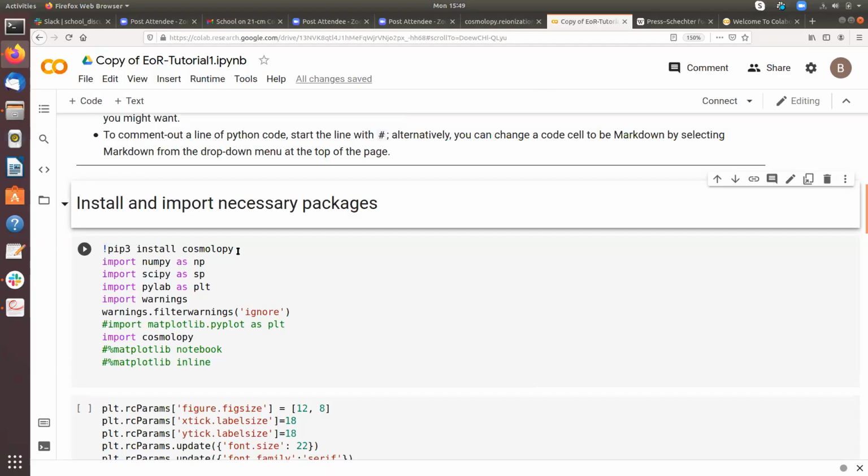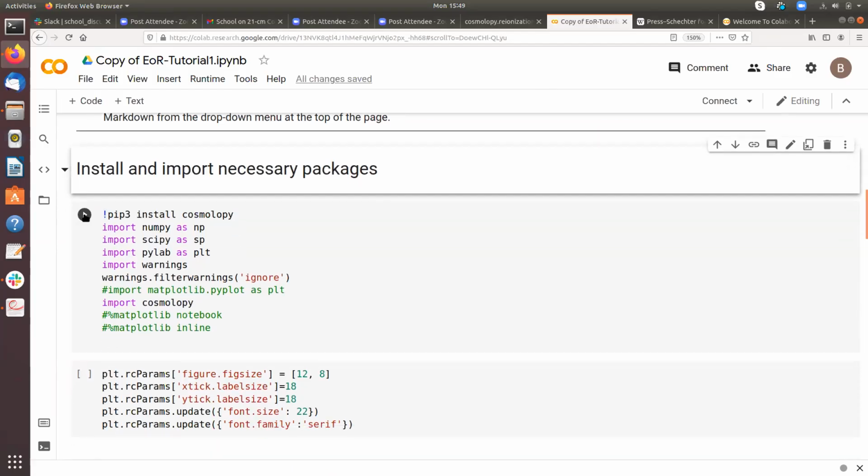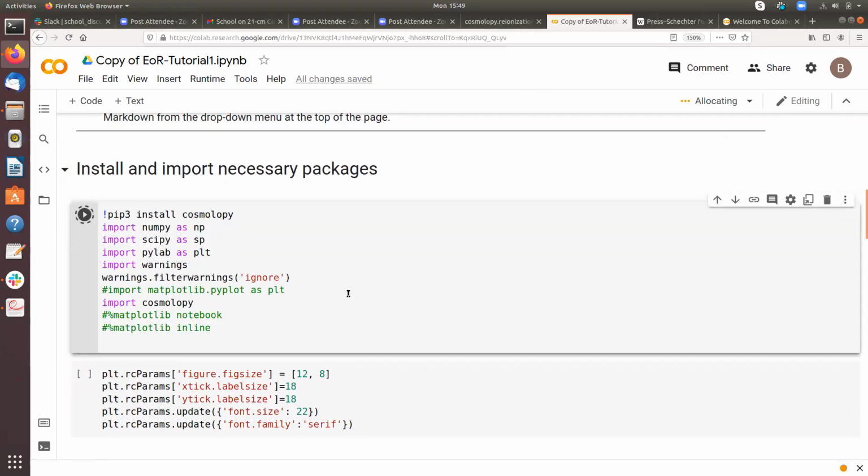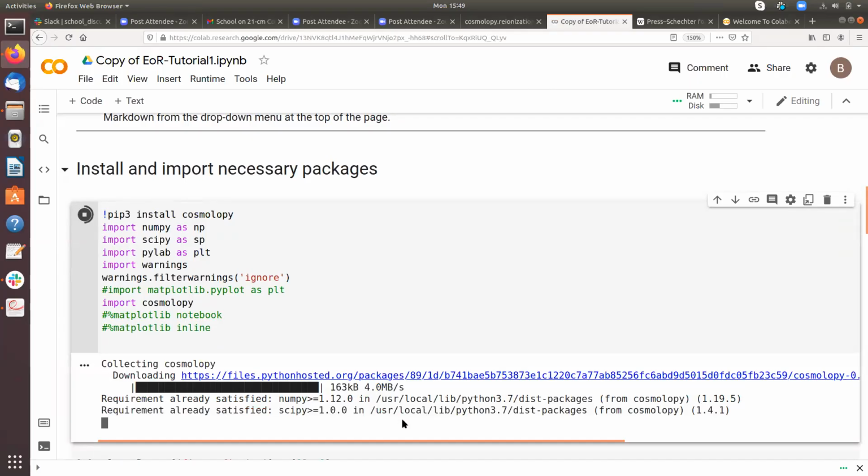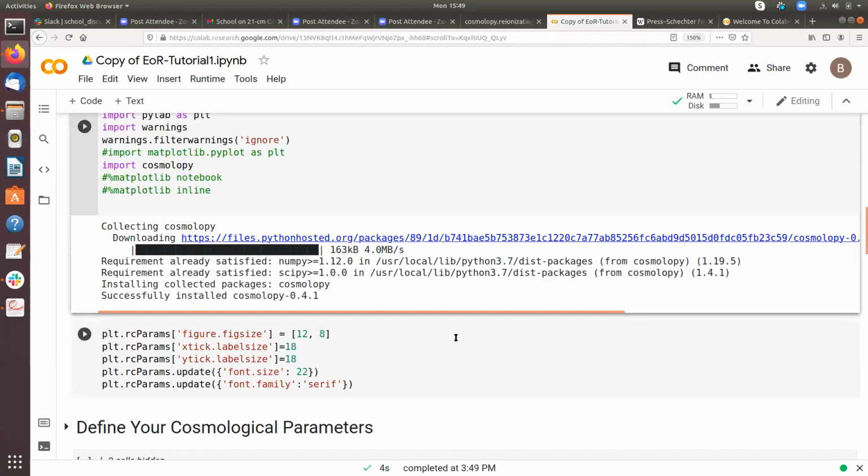If you want to run this cell, you just click on this play button and it should run. Yep, it's running, and you can see that Cosmolopy has been installed and NumPy and SciPy are already there. To run a code cell, you just need to click on the play button.